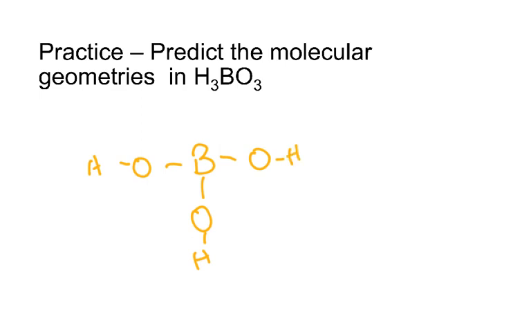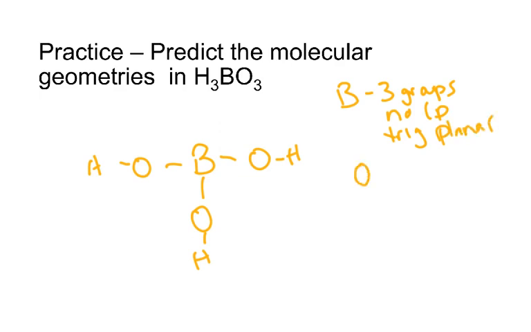Remember, boron is one of our exceptions in Lewis structures, where it is content with 6 electrons around it rather than the typical octet. So for our boron, we have 3 groups,